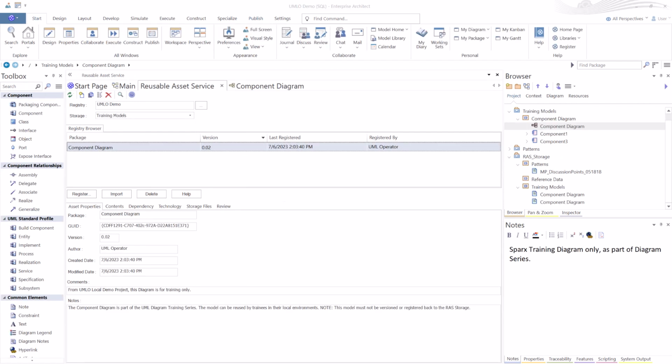I know it's a lot. Follow the chapters down below. Leave questions, comments, concerns down below the video. Good or bad, let me know. There's a lot of stuff we didn't touch on. Again, probably about 25, maybe 30% of what you can do with Reusable Asset Service and managing across multiple